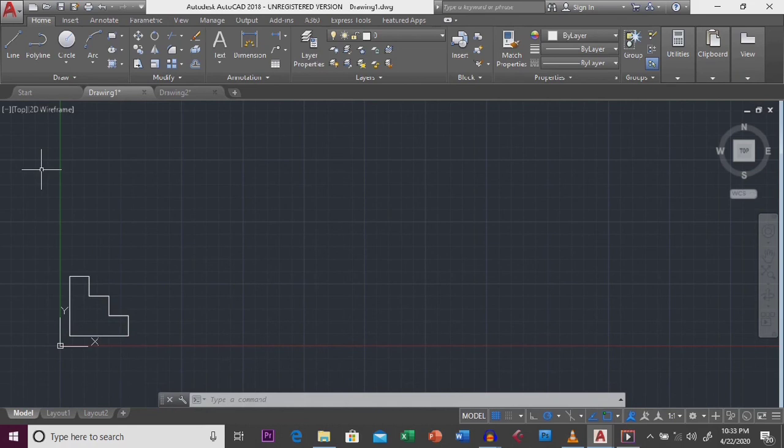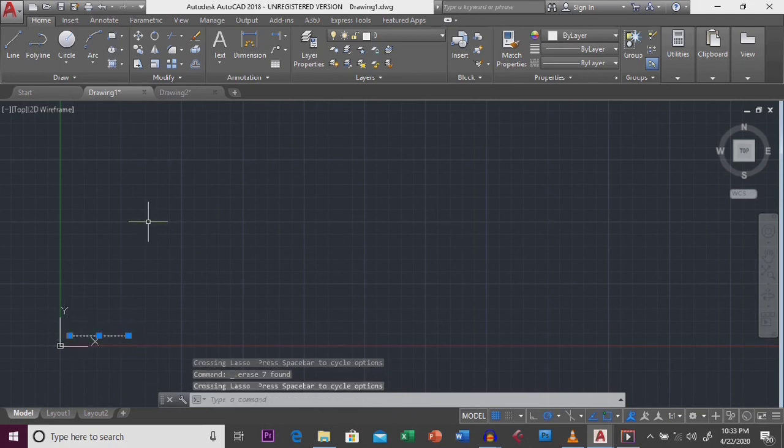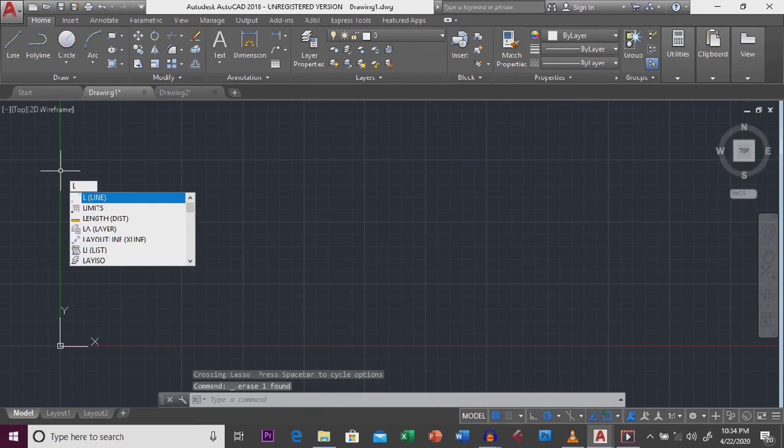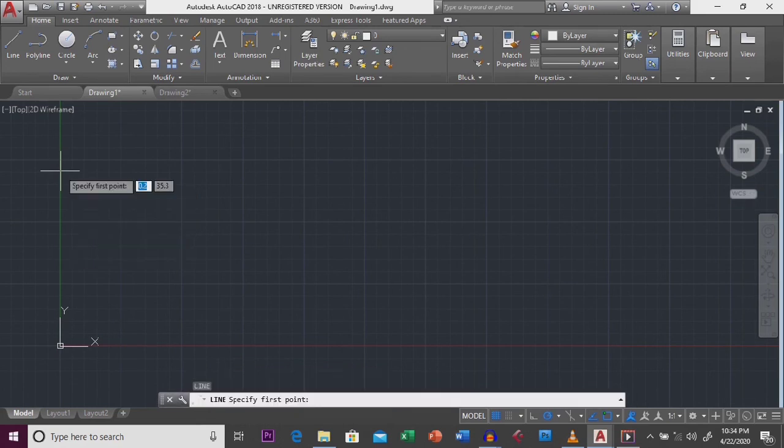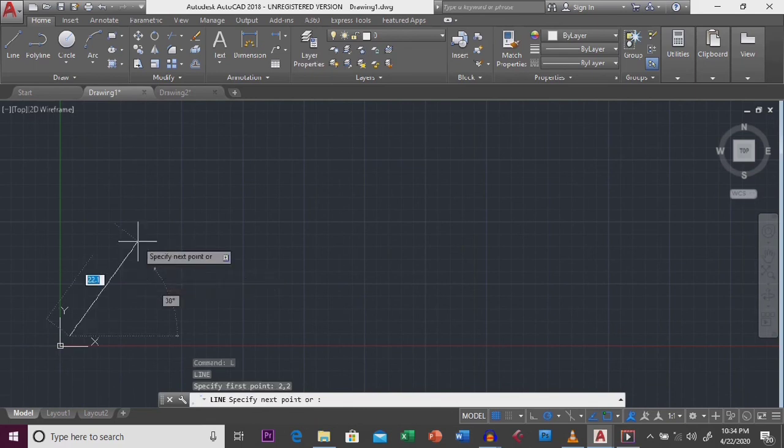So the last one on this is the direct method. If I highlight this and I delete, and I want to do the direct method, it is not highlighting because I'm not using polyline. I click on L and I press enter. So the direct method, I click my starting point, it is 2,2, and I press enter. So it starts from this point. I move my cursor and I